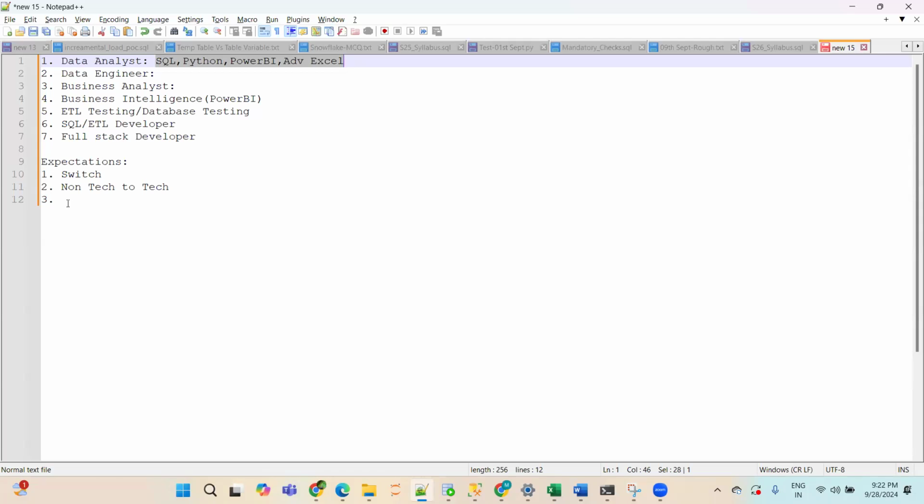Okay, so next expectation, anyone? Yes, Tanvir, Nirmal this side. I have been working in reporting and analytics, fully based on manual Excel work. So I have a curiosity about how big data works. I wanted to switch within my organization, and if I get the chance, also switch outside.